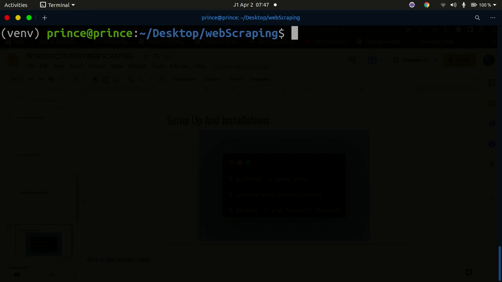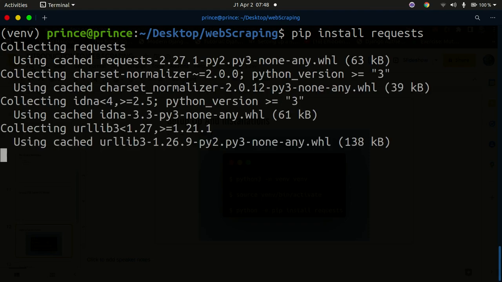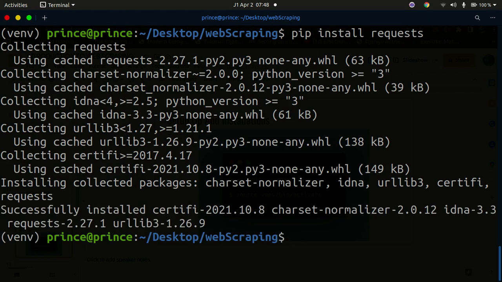Okay, so the purpose of using a virtual environment is that you don't mix your global Python libraries with your individual project libraries. Okay, this might lead to conflicts. So once I have that, I'm going to use pip install. I'm going to install the requests library, just like that. This is a Python library that you can use to make HTTP requests, HTTPS requests, and stuff like that. So let's wait for this to get installed,